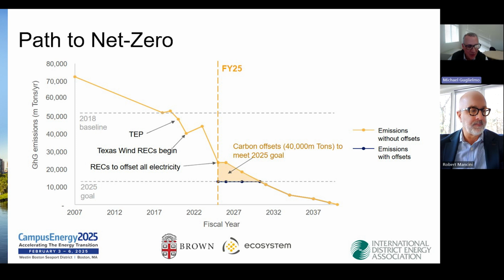But there were 2 guiding principles. One was climate change commitment. We recognize it's our institutional responsibility to address climate change by reducing our carbon emissions and setting up leadership, example in higher education sustainability. Our first goal set in 2007 was to reduce our carbon footprint by 42% by 2020. Then in 2018, we updated our goals to achieve net zero by 2040 with a 25% reduction by 2025